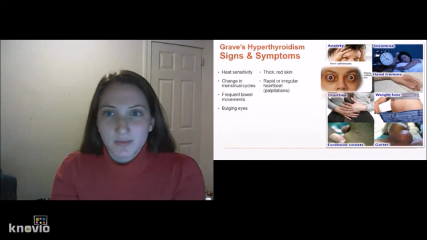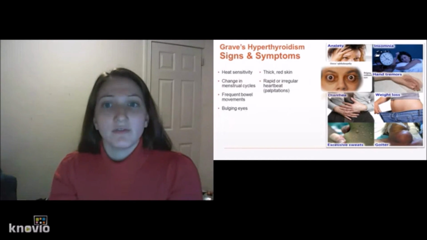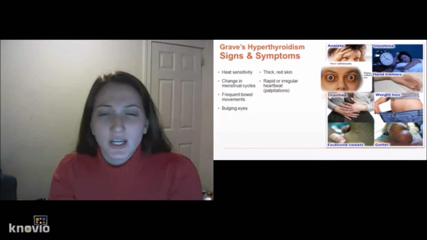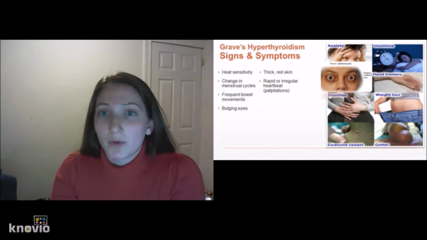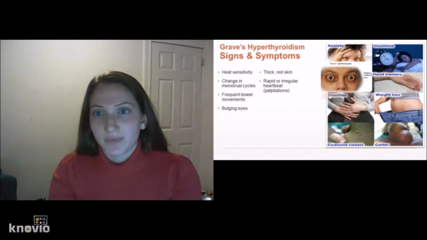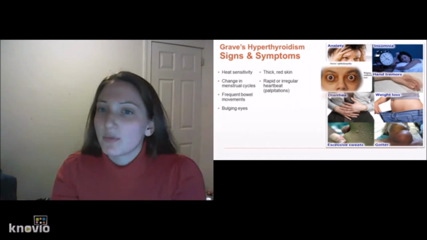Some signs and symptoms of Graves' hyperthyroidism include anxiety and irritability, fine tremor of hands or fingers, heat sensitivity, increase in perspiration or warm moist skin, weight loss despite normal eating habits, enlargement of the thyroid gland, which is a goiter, change in menstrual cycles, frequent bowel movements, rapid or irregular heartbeat, which is important, bulging eyes, which is Graves'